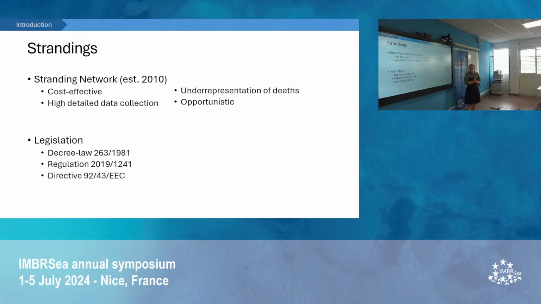For our legislation, we have a couple of important laws that have been put in place to help protect our cetaceans and sea turtles. First is a decree law from 1981 in Portugal that prohibits the sale of any cetacean that was bycaught. In addition, we have an EU regulation from 2019 that means that there needs to be deterrents in the water to deter cetaceans from feeding in the same areas that we have fishing boats, and to try and use more ethical fishing here. And then also a directive from 1992 in the EU, which is a habitat conservation directive that also protects our sea turtles, which applies to Portugal.